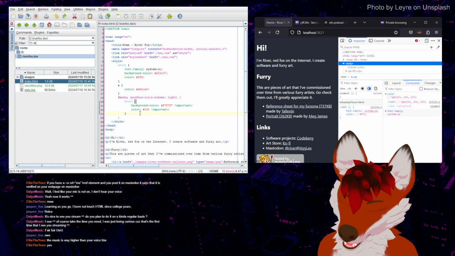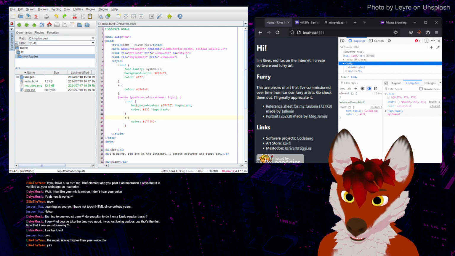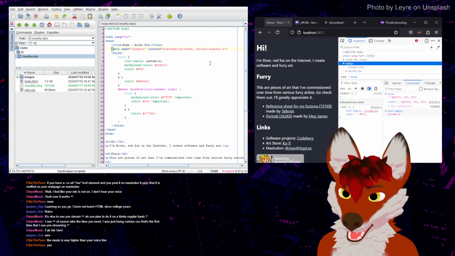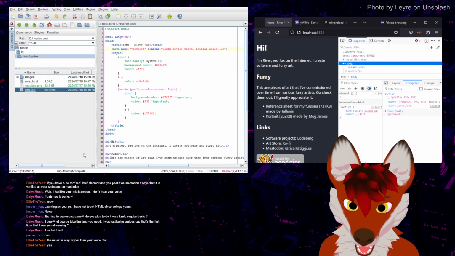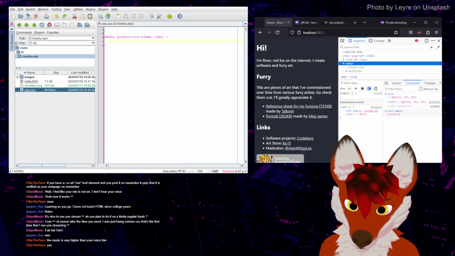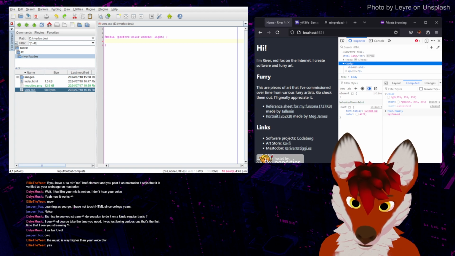Well, at least it's not written in the text themselves in the style attribute, so that's at least something positive, I suppose. And we can remove this. How do I remove a file? That was embarrassing, but